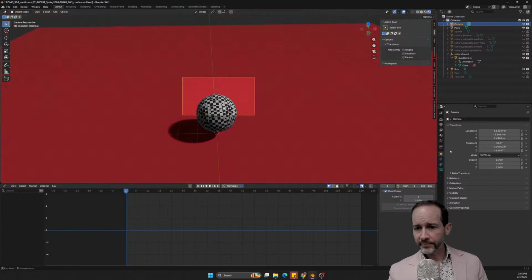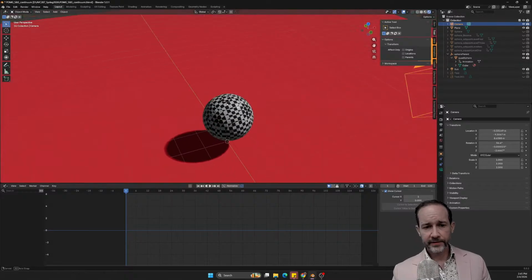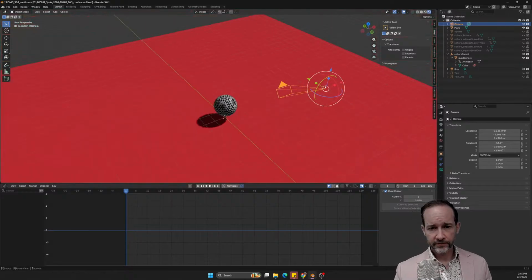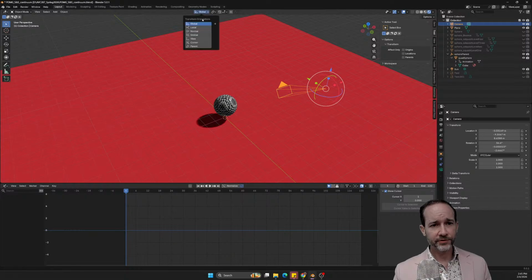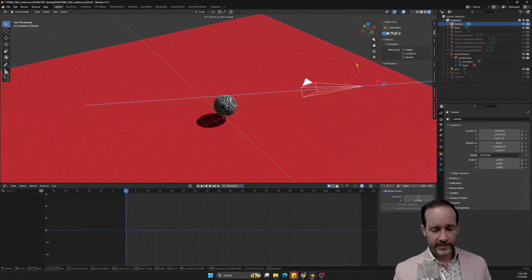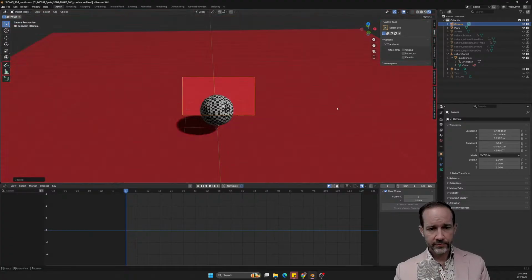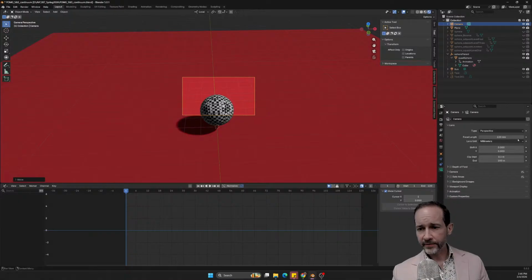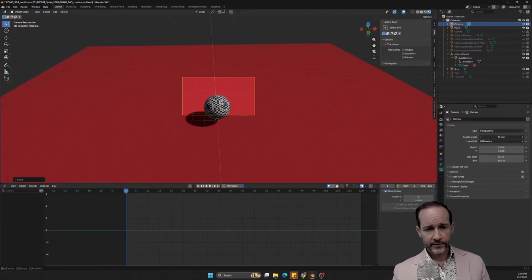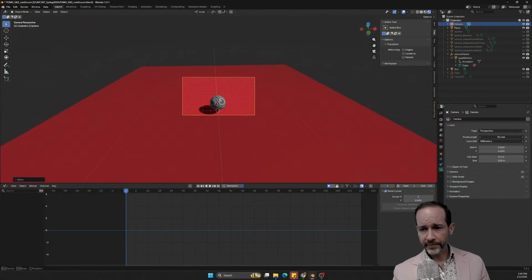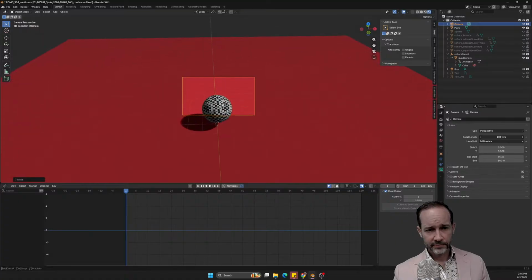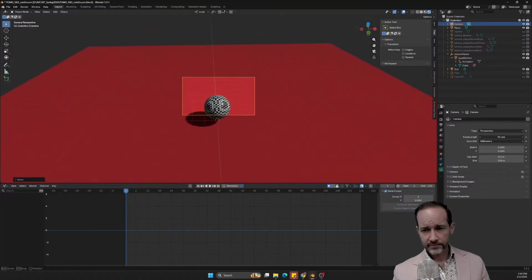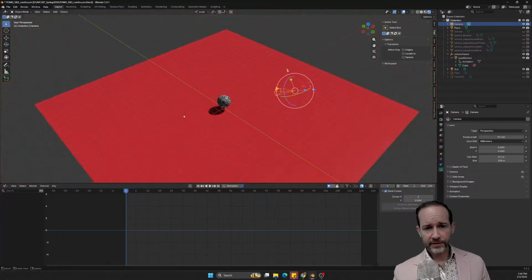I may take the camera and let's move it back a little bit. It's not oriented towards the camera, so I'm going to switch it to local. Now I can move the camera straight back. That will help a little bit. And then I'll take the camera and also open up the focal length a little bit by lowering it down. And this is also going to need to move back further.